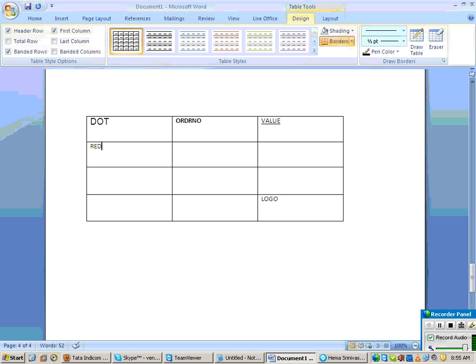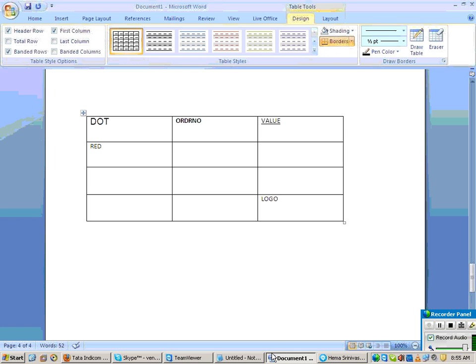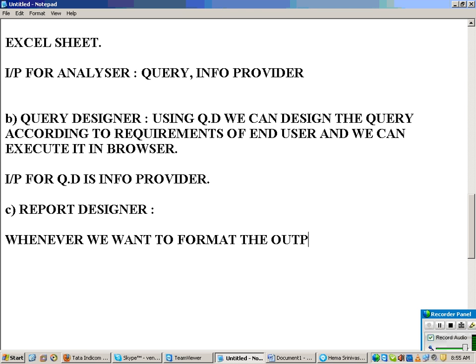This formatted output is called a crystal report. What is a crystal report? The formatted output. And I can design crystal reports using the report designer. I am not changing any output, just the way you are representing it. You are formatting the look of the output of your query.